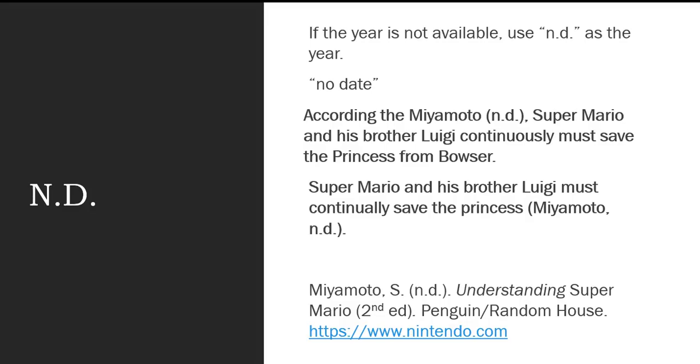When a source has no indicator of when it was written, you use the phrase n.d. This is all lowercase. It means no date. Here's some examples of that used narratively. So the author and the no date. And in your parenthetical citation, the author and the no date. And this is how it will appear in your reference entry.